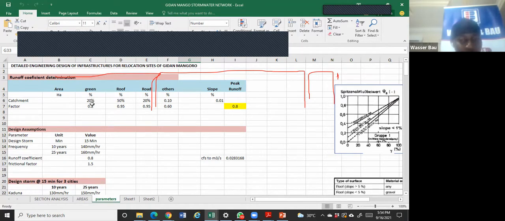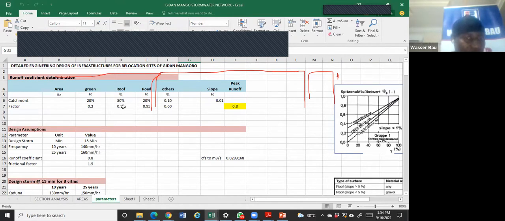If you don't agree with me, please just say. Then we also assume that the roof area will constitute 50% of the built area, and the factor based on the table, I'll show you the table, is 0.95. The runoff coefficient of green area is 0.2. The runoff coefficient of roof area is